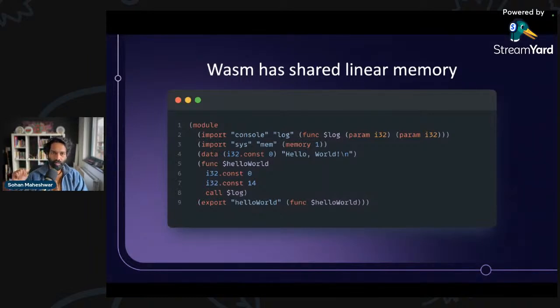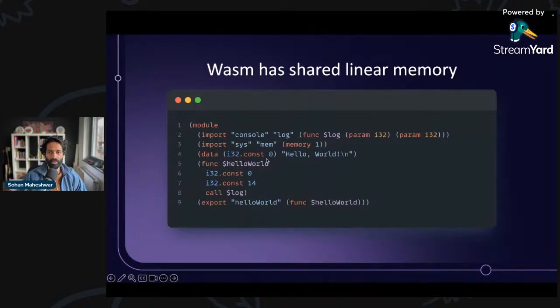But in the case of WebAssembly, it's a contiguous block of memory that is actually allocated to a module. And this is called shared because the host runtime and the guest module have access to the same memory. And if there are other guest modules in that runtime, they'll have access to that same memory as well. If you take a look at the code now, in line 3, we're importing what is called a page of memory, right? And 1 in this case denotes 1 page of memory, which, if I'm not mistaken, is 64 kilobytes in the Wasm world.